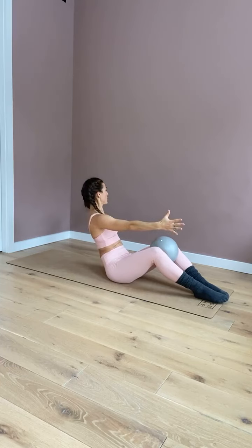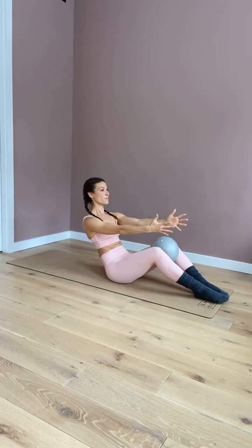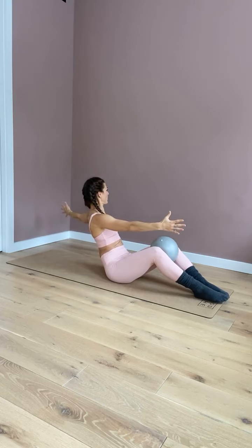We're pulling your fingertips apart, pulling it back to center. We're feeling the rotation coming from the belly button up. I want you to try not to allow your hips to rotate you. In this position, I want you to pull your fingertips apart. Let's stretch here. You can also, if you need some extra support in these moves, when you do this again,